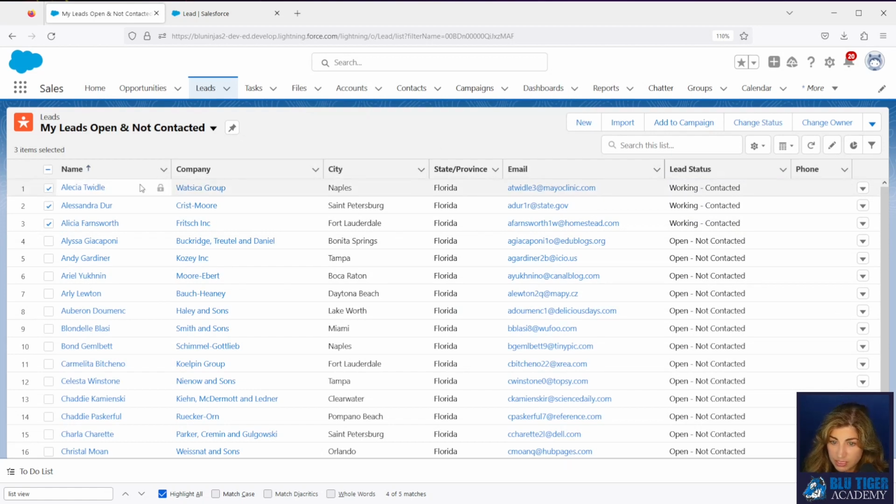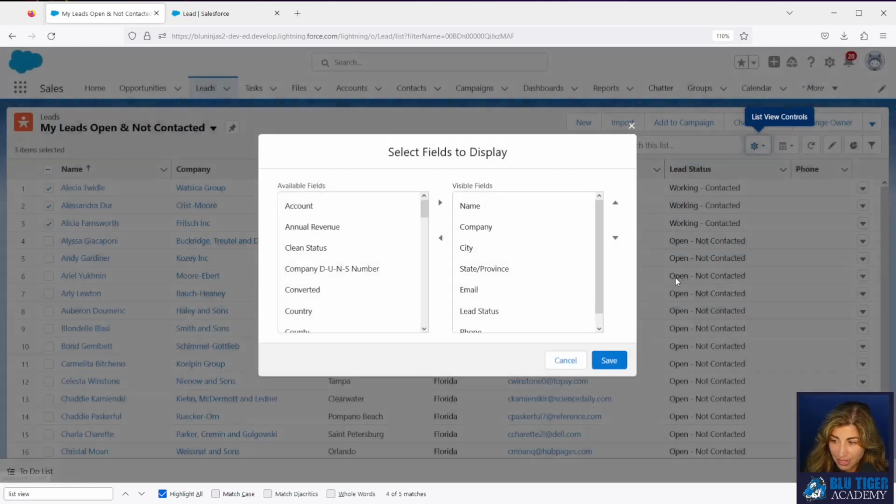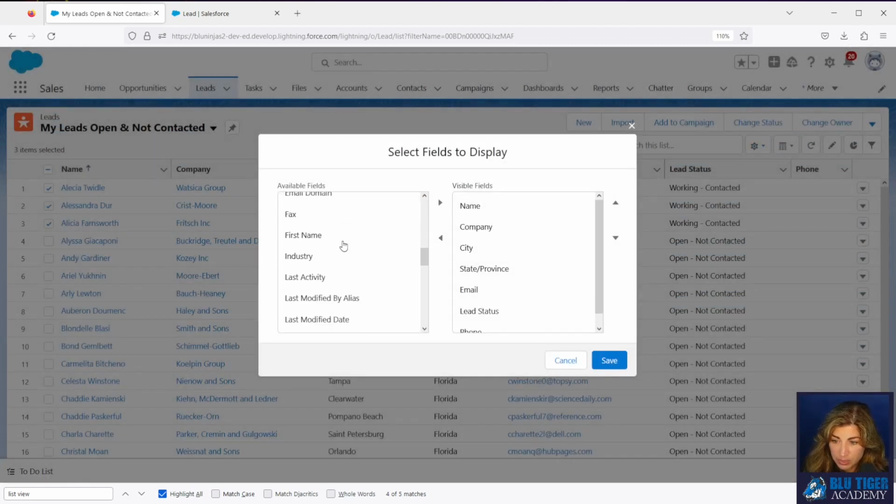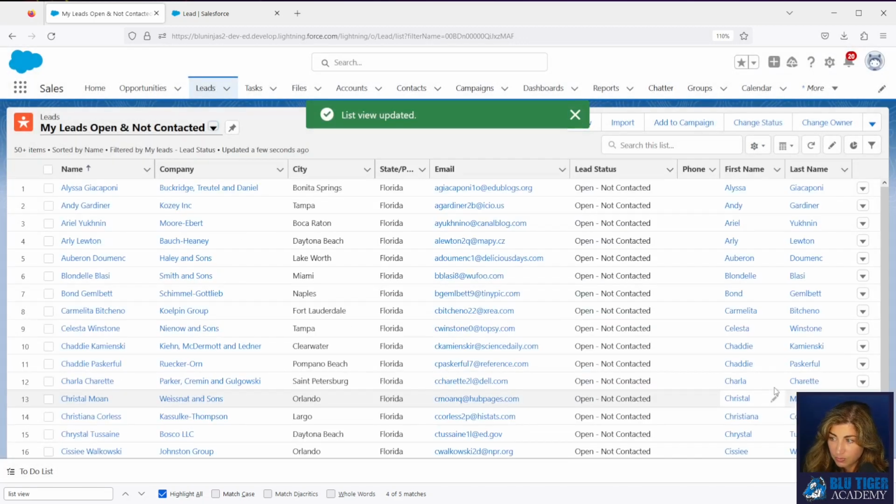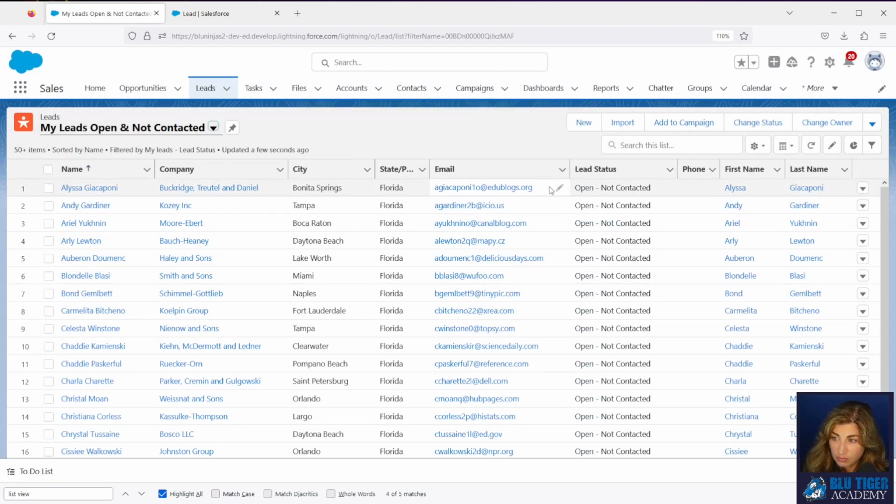So not every single field is editable, which you can see here, my name field is not. So if you need to be able to edit the name field, all you need to do is just put the first name and last name fields in your list. And then we will see we can edit those fields. All right. There are other limitations around doing inline edits within different objects. You will find some of those limitations in the description below.